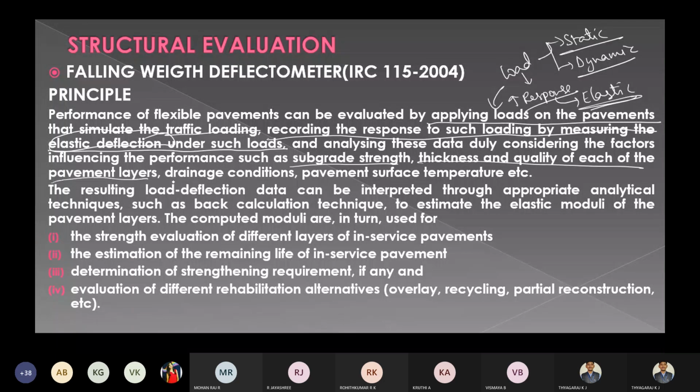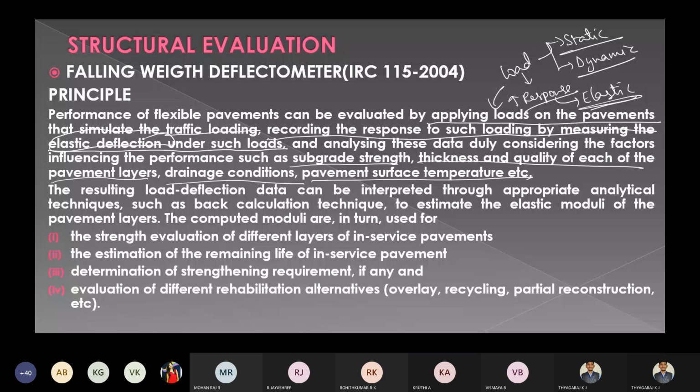each pavement material, drainage condition, pavement surface temperature. So remember, the principle behind this FWD is that you are going to apply a dynamic load which forms the elastic deformation. The response we are going to get is an elastic deformation.